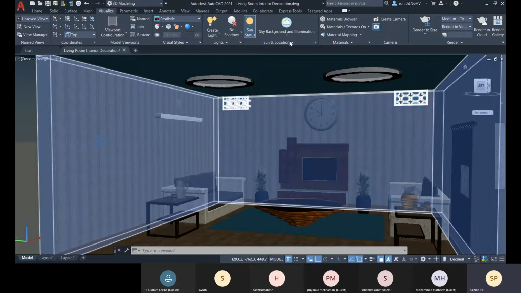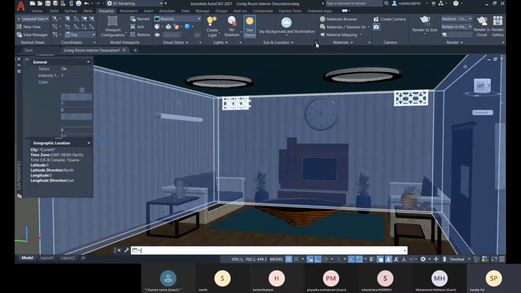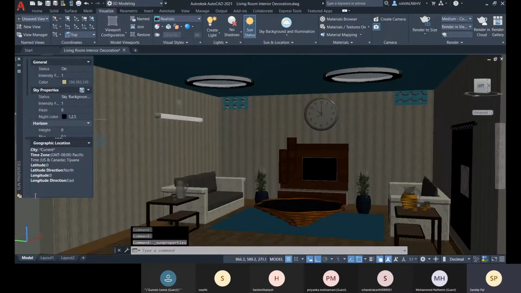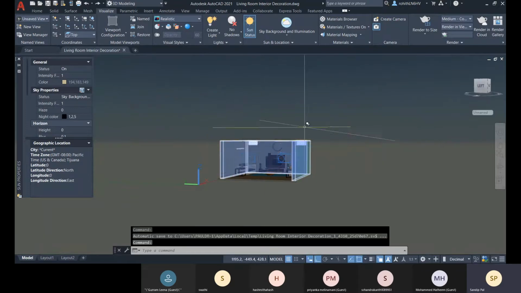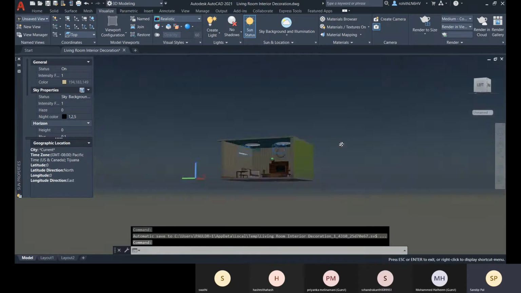All right, now let me show you this sun properties, and here you have more properties related to sun. So let me just show you this sun, and then let me go for it.